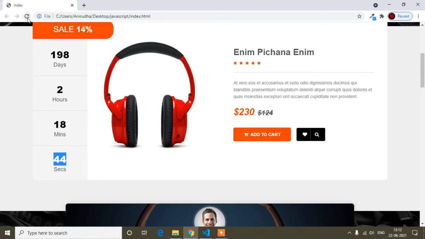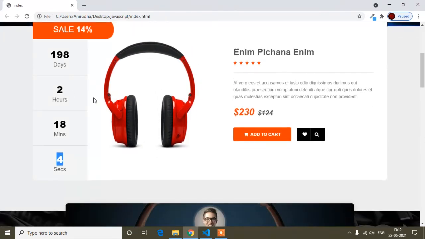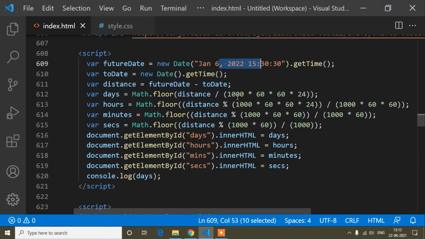I mean, when I'm refreshing, you can see I'm getting the content, but I have to make it auto refresh. People don't have to refresh all the time just to watch how many days remain for this offer. So for that, guys, we can do it like this.